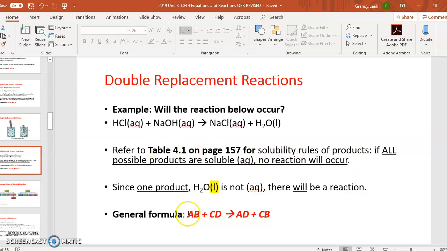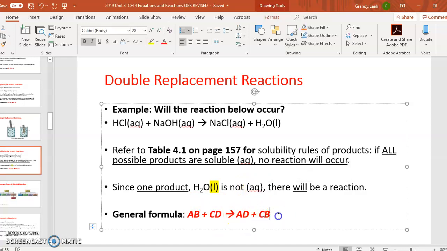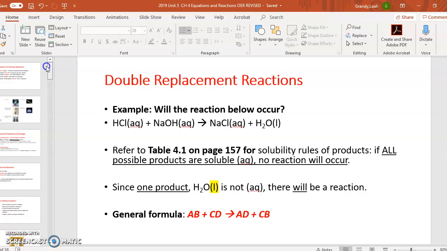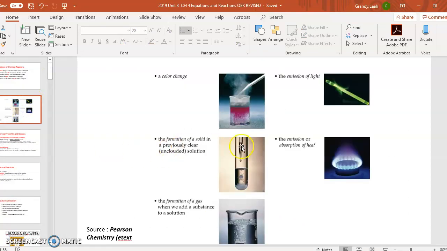In this particular situation, if we have an aqueous solution of AB and an aqueous solution of CD, and we form two new solutions of AD and CB, meaning they're all aqueous, so they all dissolve, there will be no reaction. In order for there to be a reaction, we need to be able to see, let's go way back to the beginning, we need to be able to see that in fact,